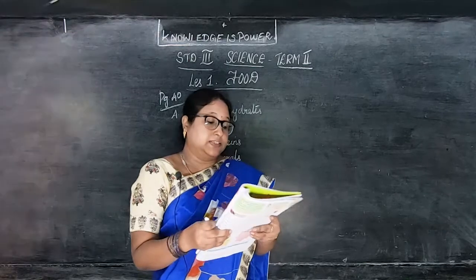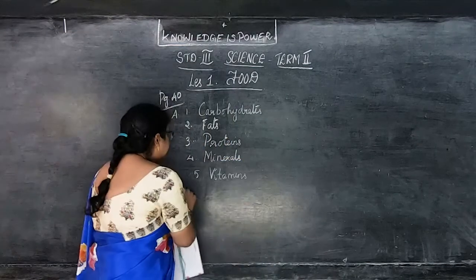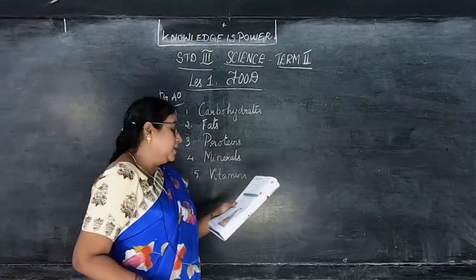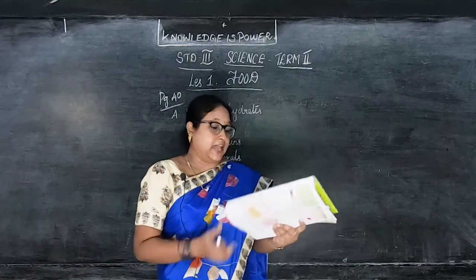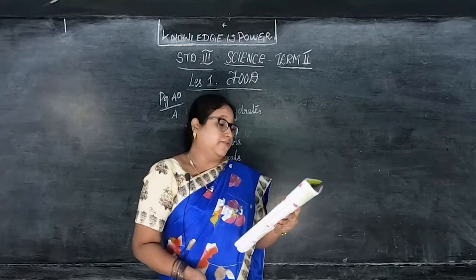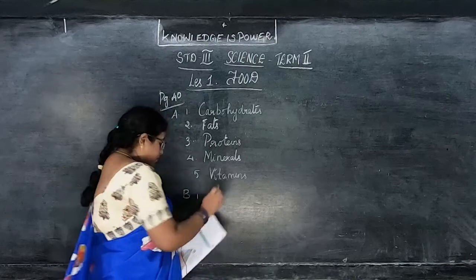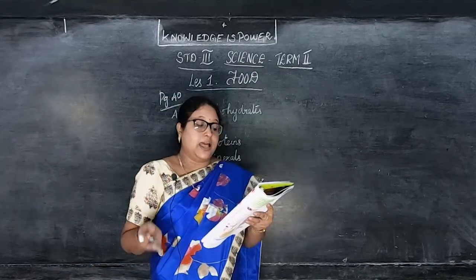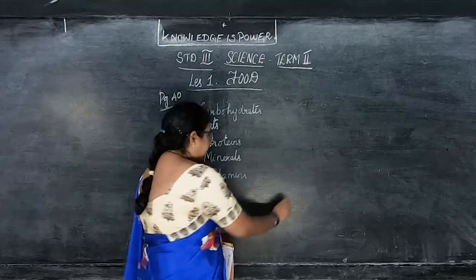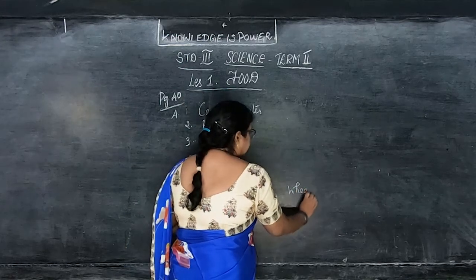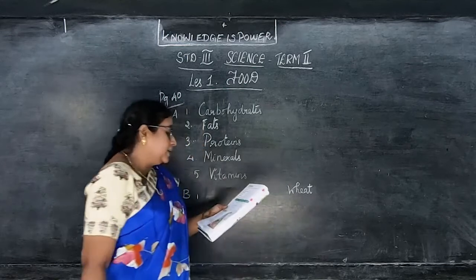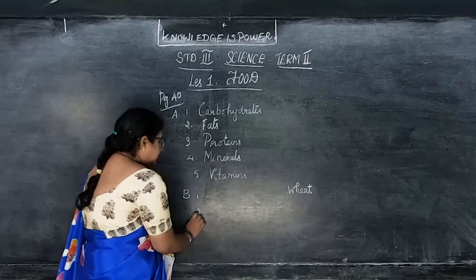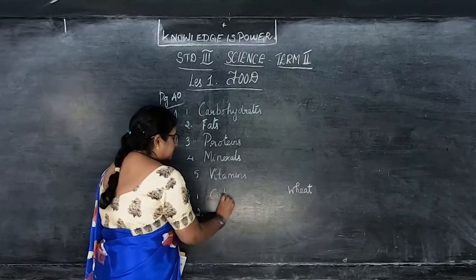Then next is B. Fill in the table given below. Same page, that is nutrients, why do you need it, and sources they have given. So first point they have given in the book, that is carbohydrates. Then why do you need it? They give us energy to work and play. What are the sources there? Wheat. Sources is wheat. Okay. The next they have asked vitamins.